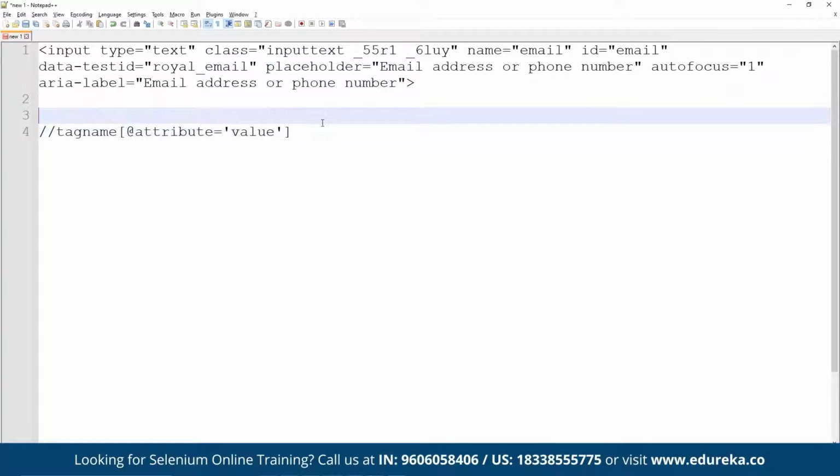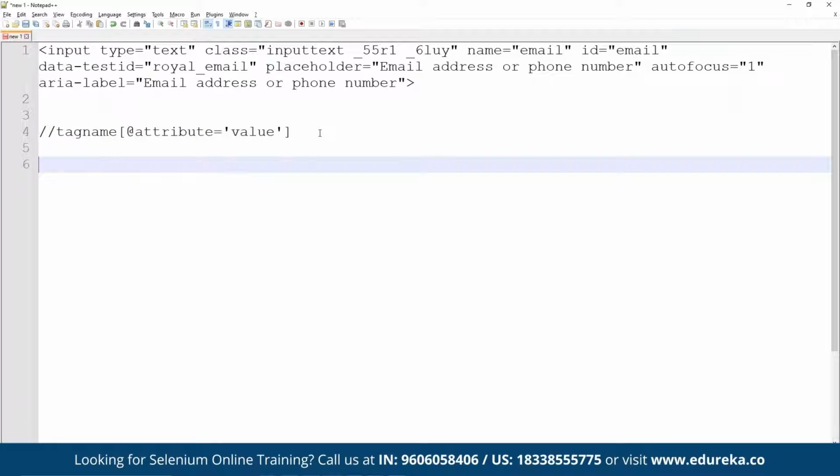So let's say for this condition, I can go with something like this, this is a tag name. So /input, then @ any attribute here: type, class, name, ID, anything you can take. At the moment, let me say I'm going to go ahead with ID, and the value against that here is